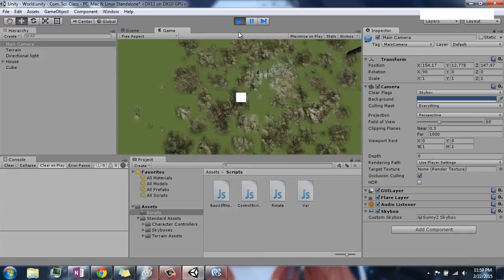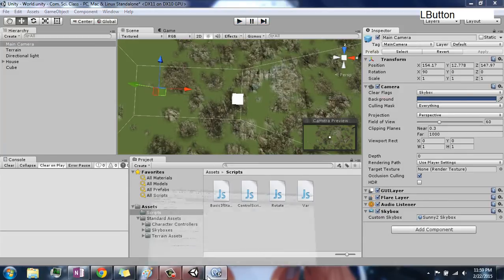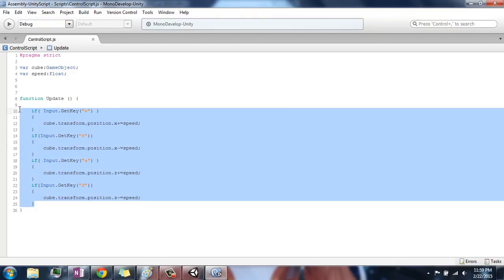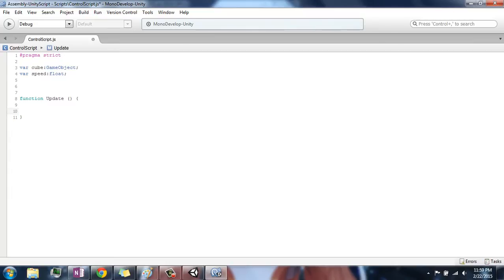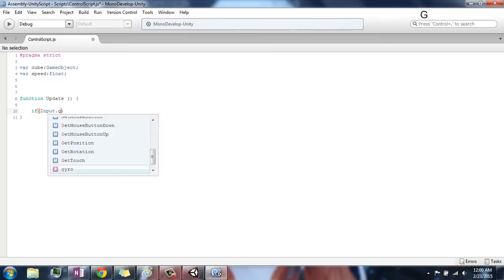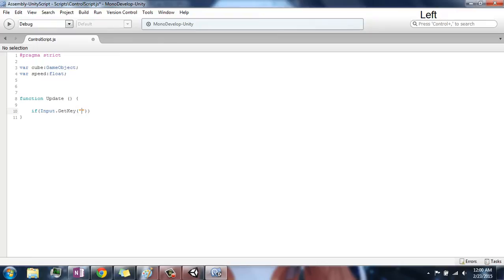So now let's say we don't want this. We want to make it so that it's moving in all directions, or no. Let's say it's always going to move right. We want to check some other stuff. So we just made it move, but now we want to make it move differently. So let's say, what do we want to do? Let's take an input. So if input dot get key, and let's take W,